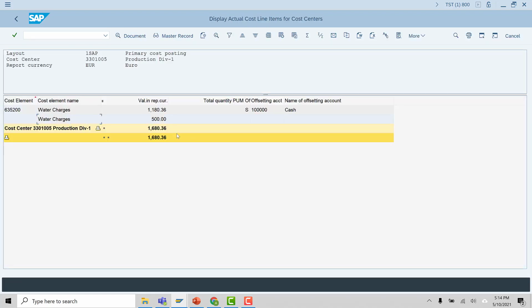And here you see the 500 US dollar has been added.